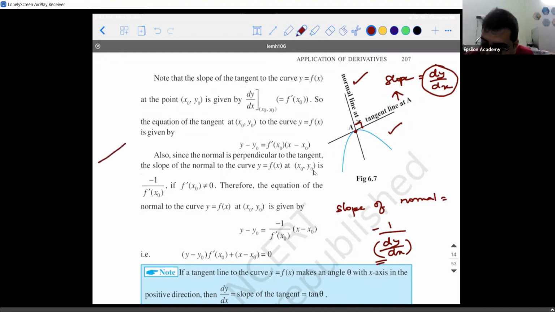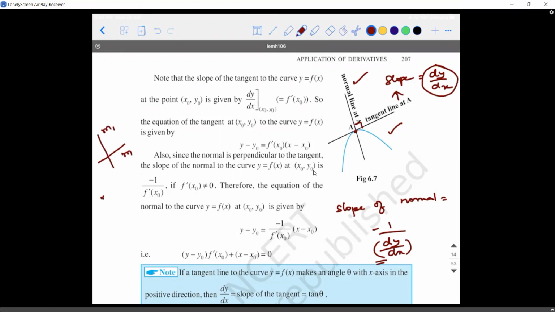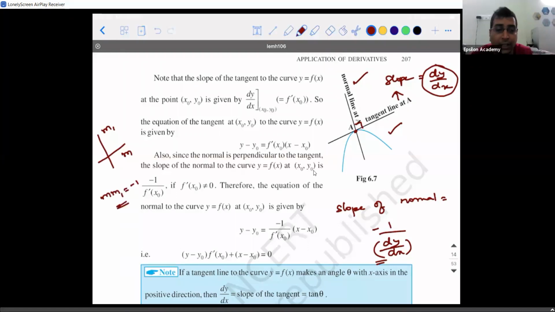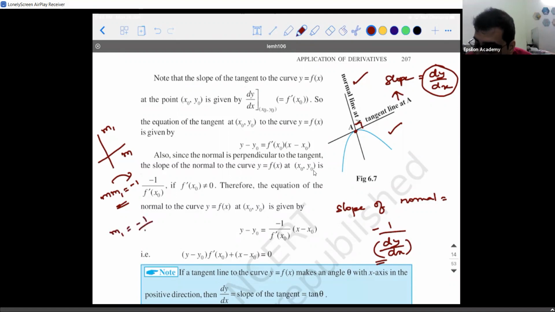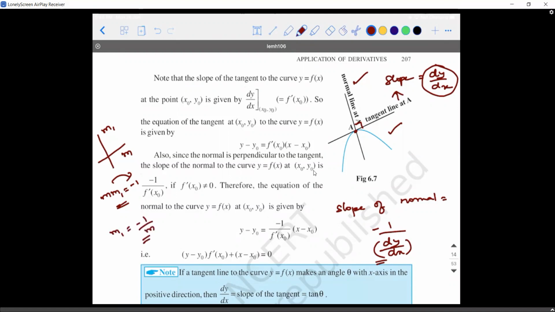If the slope of a given line is m, which in this case is dy by dx, then the slope of the line perpendicular to it, if I call it as m1, then I know the fact that the product of slope of lines which are perpendicular to each other gives you a minus 1. Accept it? Yes, sir. Right? Then obviously what is going to be the value of m1? m1 is minus 1 by m. That is the reason why we got slope of normal as minus 1 by dy by dx. Okay, this is all you need to know, nothing else.